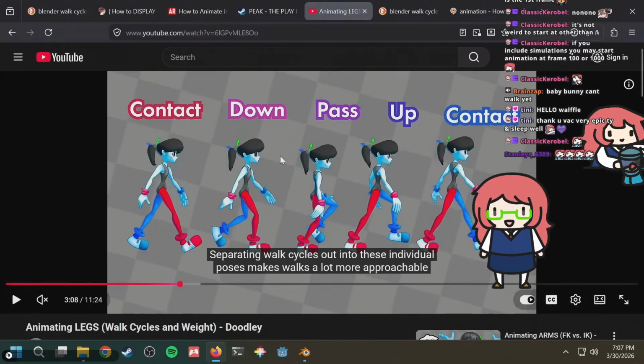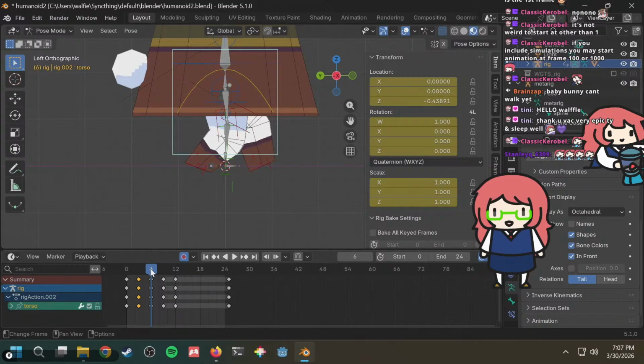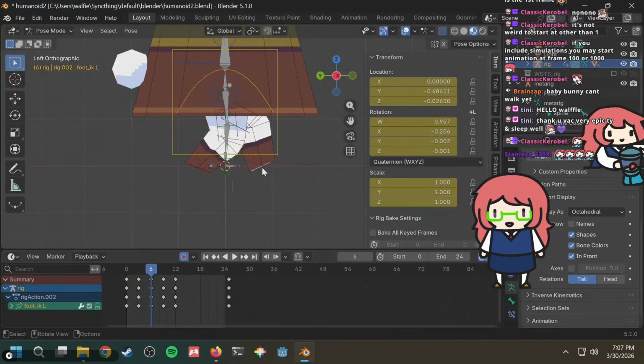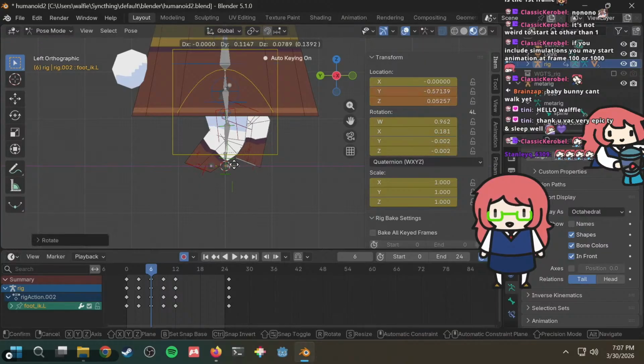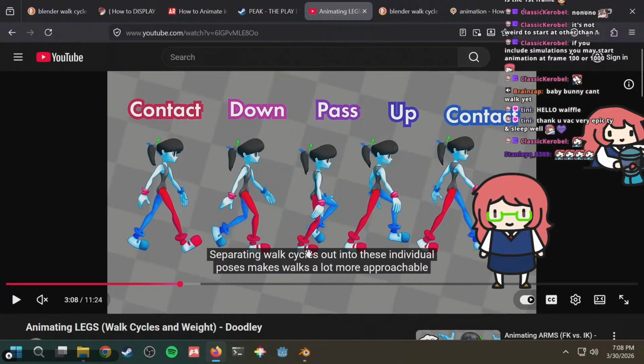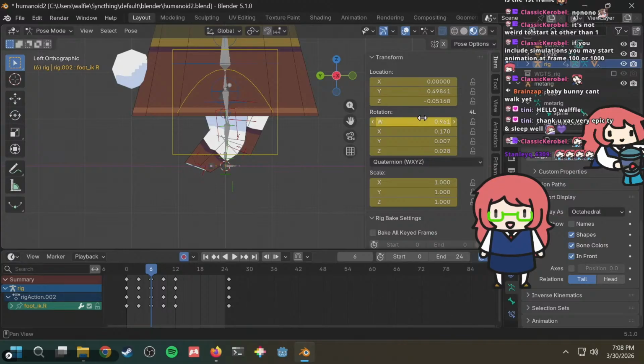Okay, and then the pass pose. The body goes down here. And then, okay, so then this leg is lifted up. Like this. And then this leg is in contact with the ground. So you want the rotation to be reset.